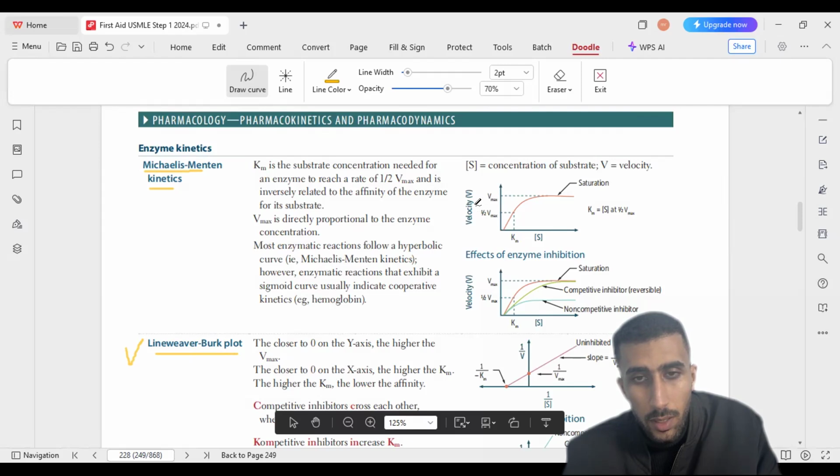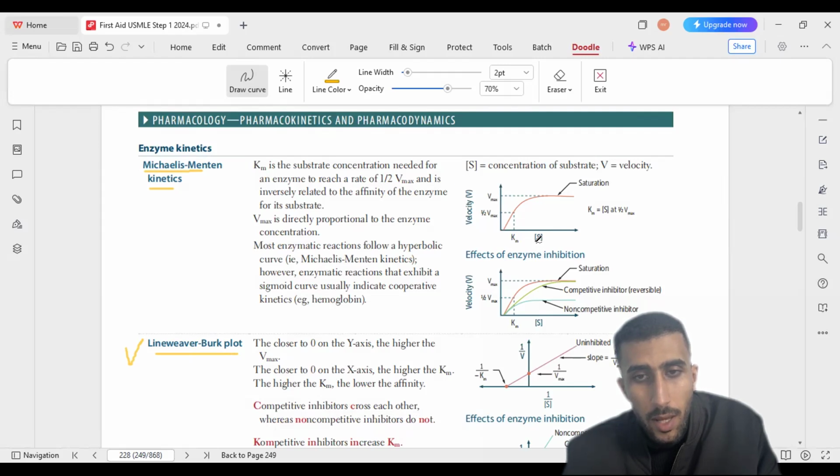This is a relationship of velocity. Michaelis-Menten kinetics is a relationship with velocity on the y-axis and S on the x-axis. S stands for the substrate. So first we will start by talking about some terms like Km. Km is the substrate concentration needed for an enzyme to reach a rate of